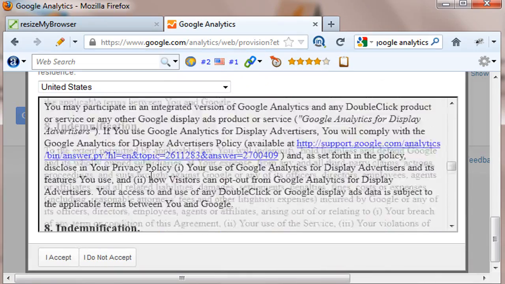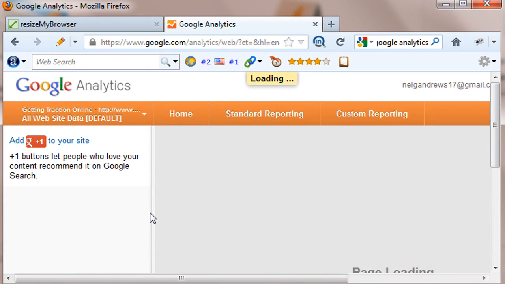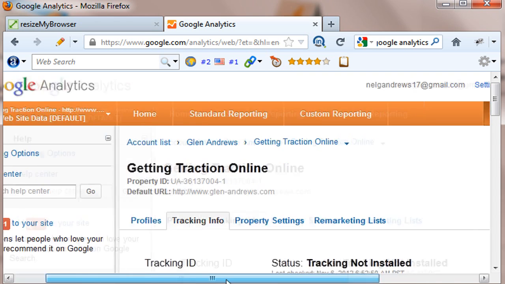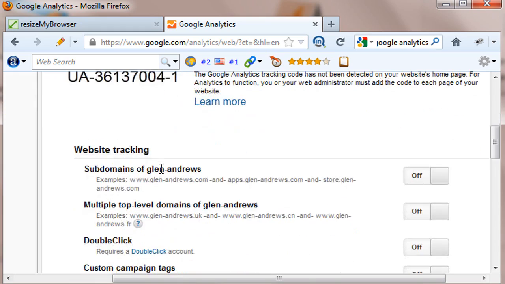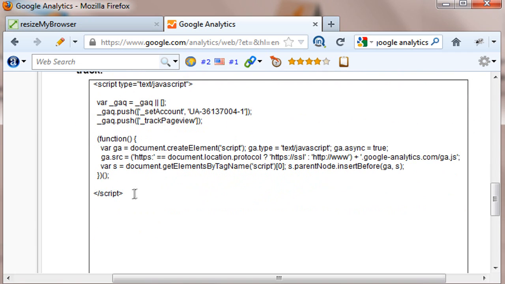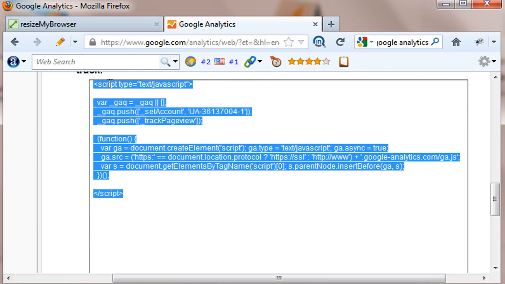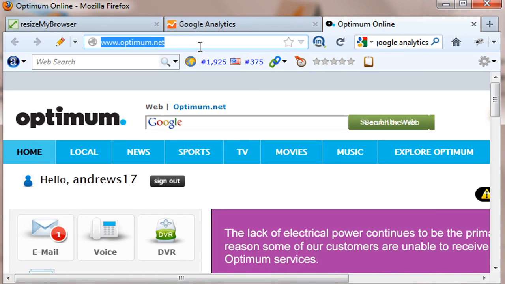So I just scroll to the bottom. Click accept. Here's the tracking information. And it gives you your code down here. So what we would do is highlight this code, copy it, and then I would go over to my website, my blog,